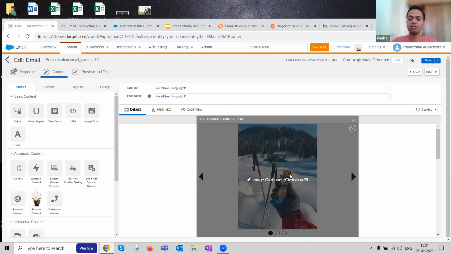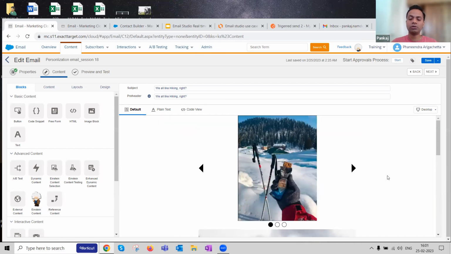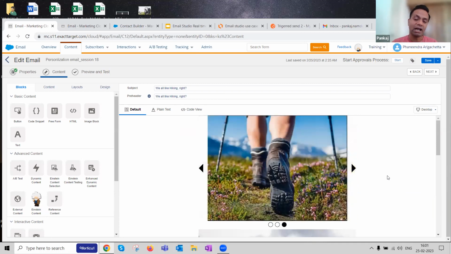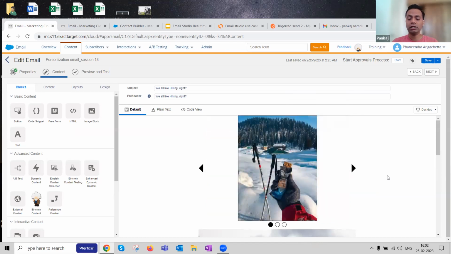If you see, it keeps rotating the three images that I've selected, and all the images are for a particular category, which is outdoor hiking. Why have I done that? Because as part of the data, I am aware that this particular customer's interest is outdoor hiking. So that's one of the criteria I've used to showcase this carousel.